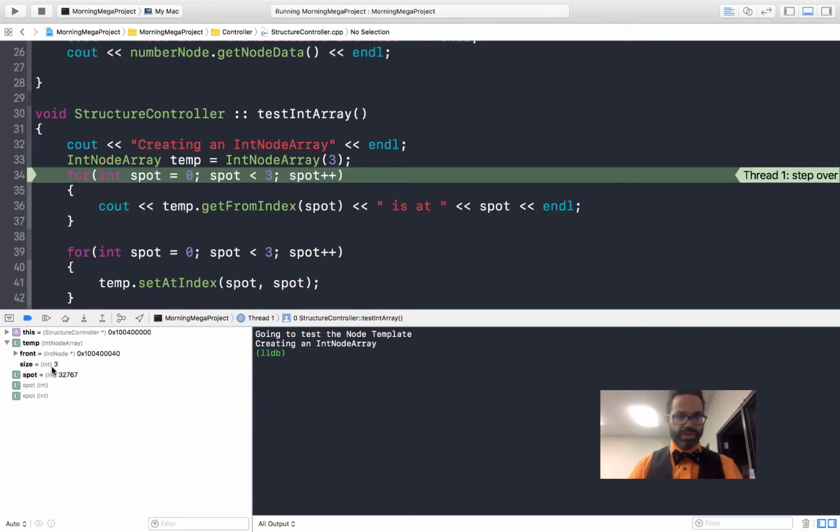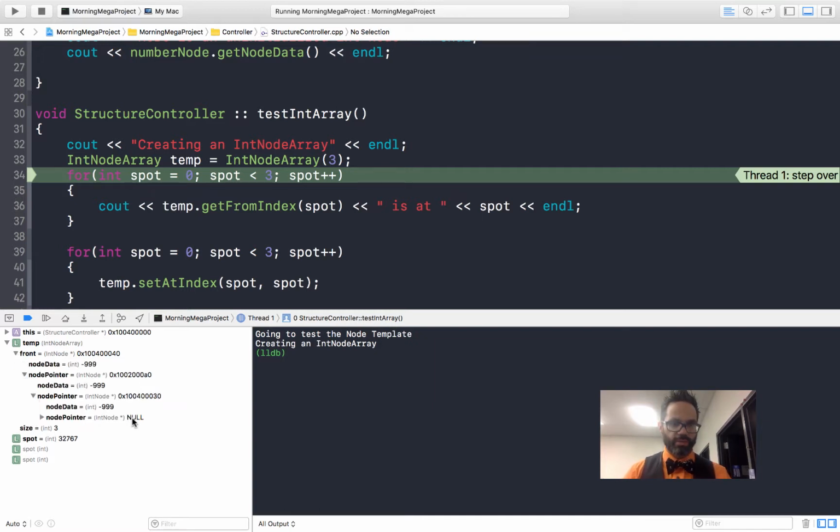As you can see, our temp has size 3 just like we told it to, but now when we look at it, our front points to 1, that one points to another, and that one points to null. We are only having 3 values default initialized in our node structure. So again, when we create this, we want to make sure that we correct this, make this properly. And so when we pass it a parameter 3, because we have our front initialized as a brand new node,